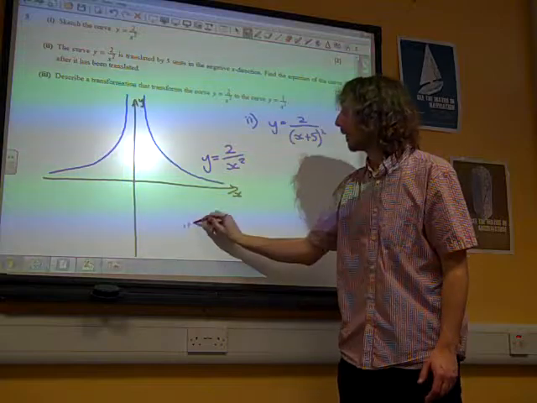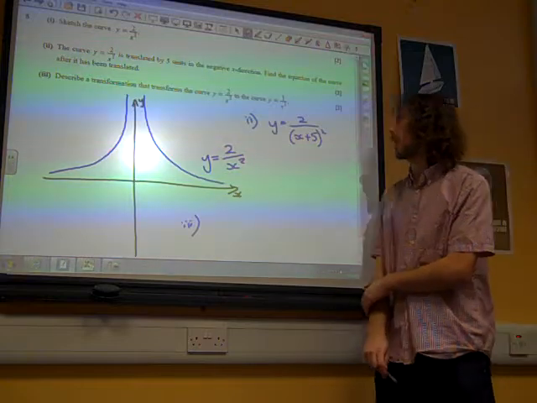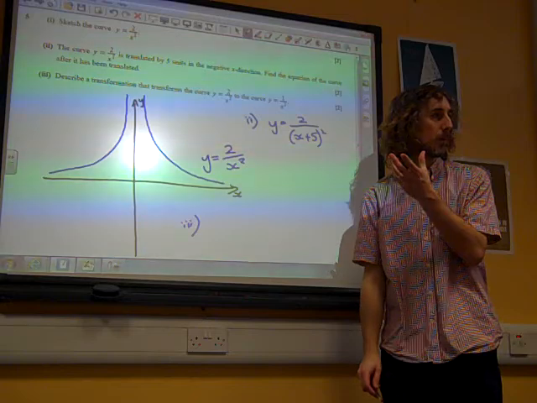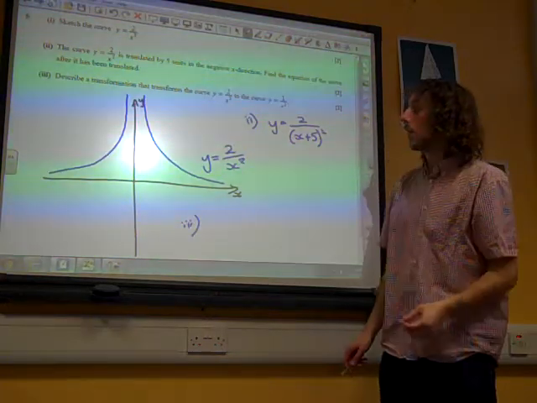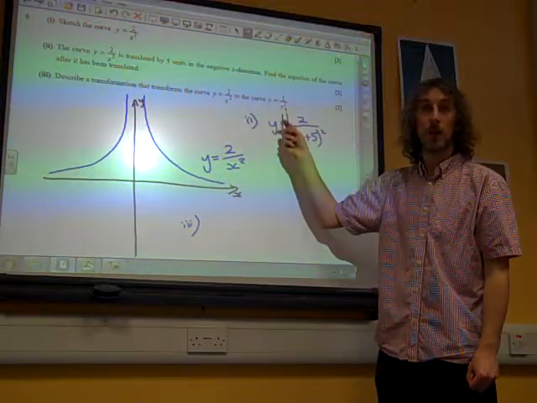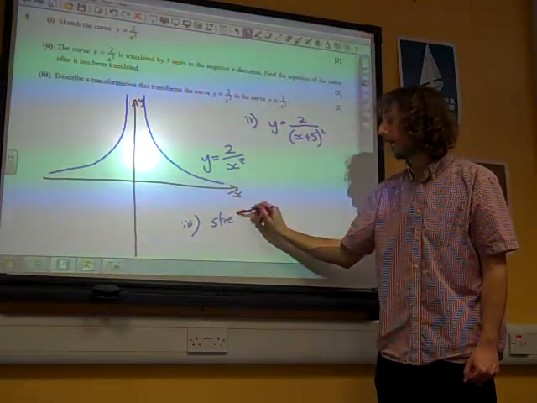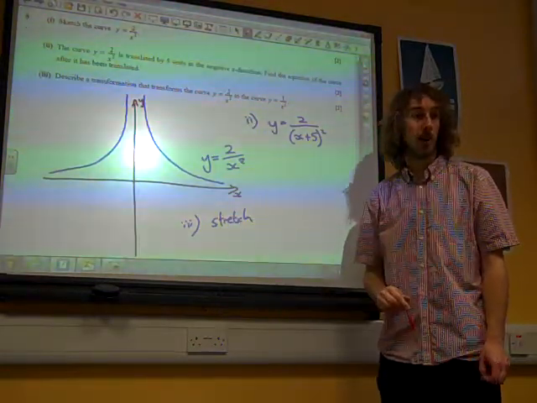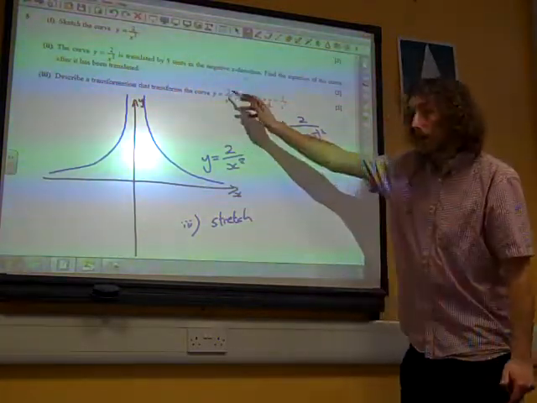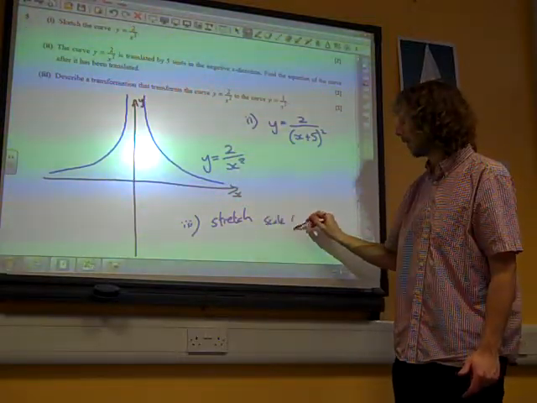Part 3. Describe a transformation that transforms the curve y equals 2 over x squared to the curve y equals 1 over x squared. It's a bit weird, this, isn't it? Because it's kind of the opposite way around to what we're used to. Loads of people recognised that we've multiplied by something to get from there to there. We've actually multiplied by a half. But if we're multiplying by something, it's a stretch. So you've got your 1 mark for writing stretch. And then what we need to write, we've multiplied it by a half, haven't we, to go from there to there. So it's stretch, scale factor a half,